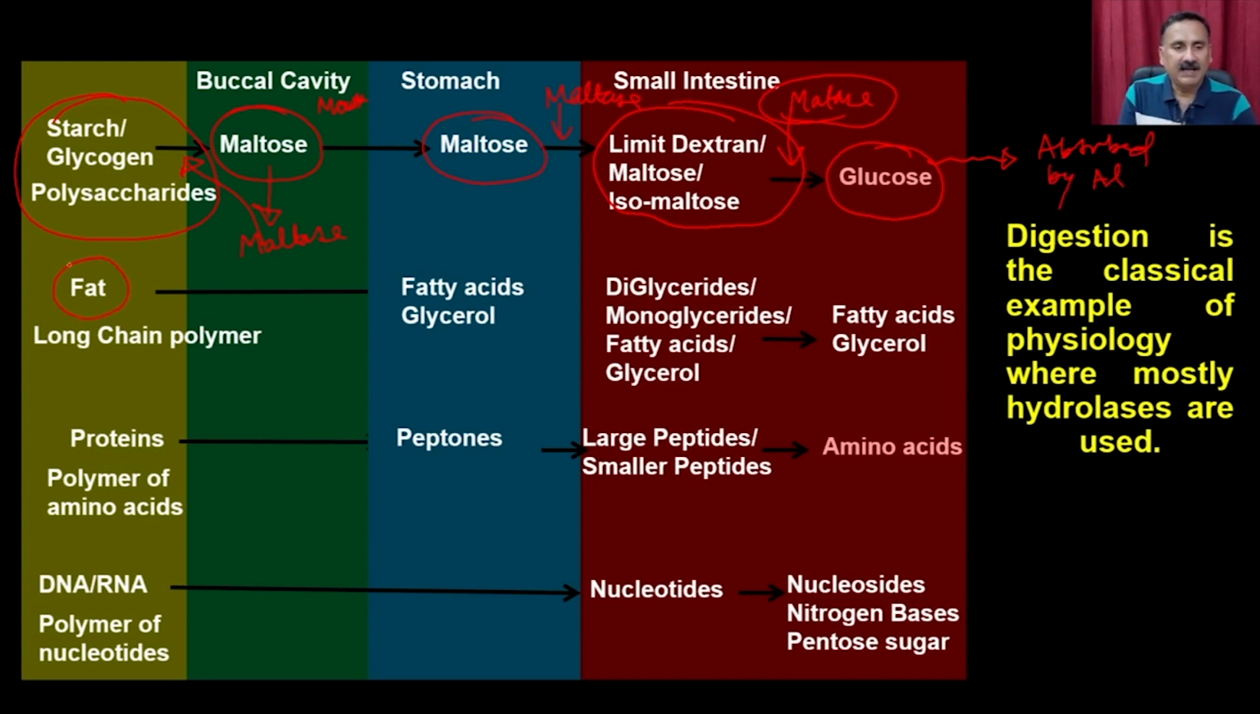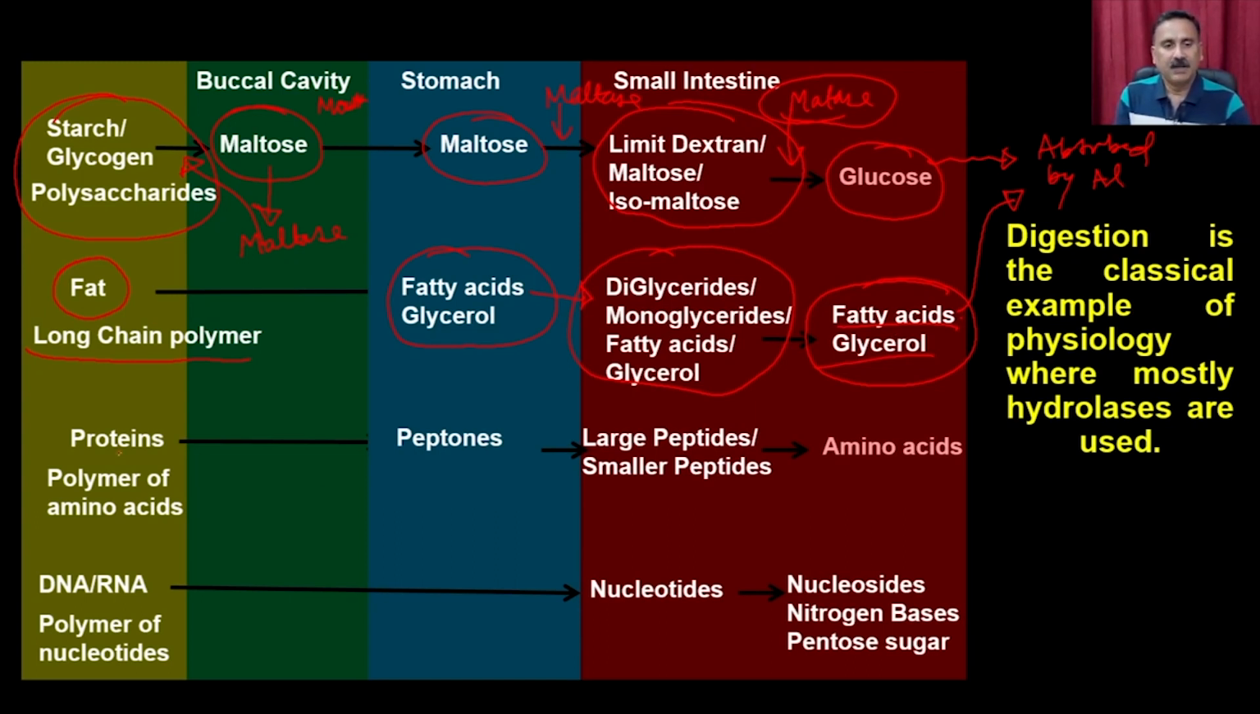Similarly, if it is a fat, a fat is a long chain polymer, so there will be no enzyme available within the mouth which is going to digest the fat, and then within the stomach it is going to be digested to fatty acid and glycerol, and then it is going to be converted by different types of hydrolytic enzymes into the diglyceride, monoglyceride and so on, and ultimately it is going to be converted into the fatty acid, and once it gets converted into fatty acid and glycerol, it is also going to be available for absorption by the